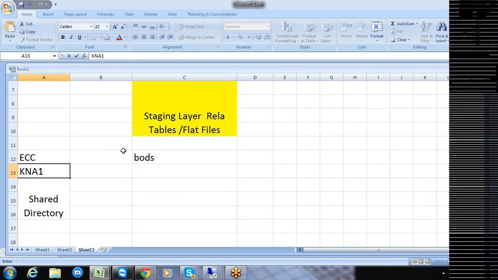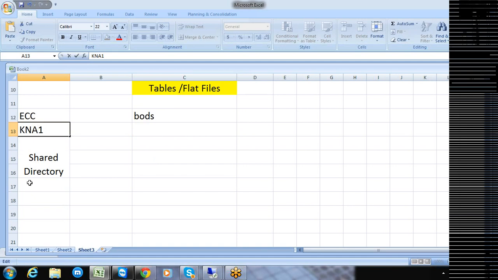BODS will try to execute a job. The job is not your BODS job, but that job is nothing but this job here, the ECC related job. That job will be executed in the ECC server, where it will extract the data from the KNA1 table and put that data into a particular file in the shared directory of your ECC system.